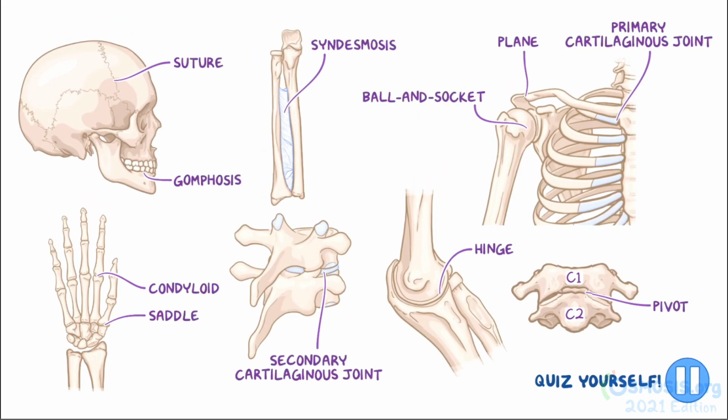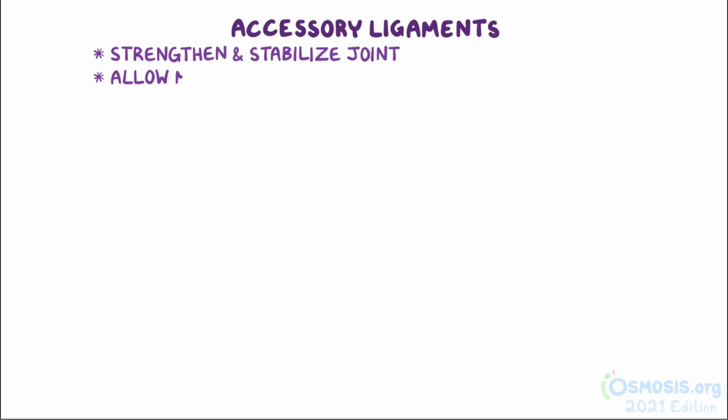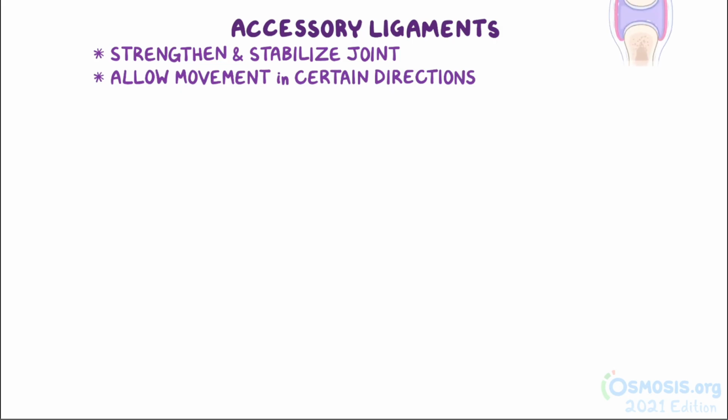Alright, now most joints are secured by strong fibrous bands of connective tissue called accessory ligaments. These ligaments strengthen the joint, stabilize it, and allow movement in only certain directions, basically holding the bones together and preventing their dislocation. Now, the ligaments associated with synovial joints can be classified based on their relationship to the fibrous